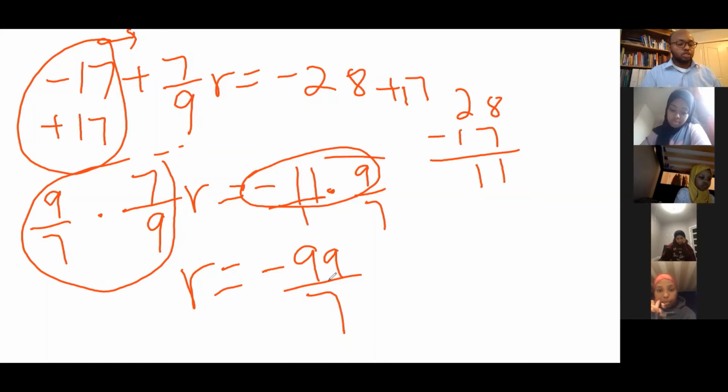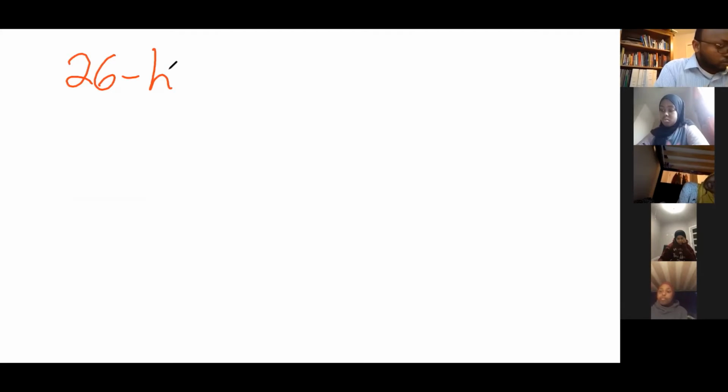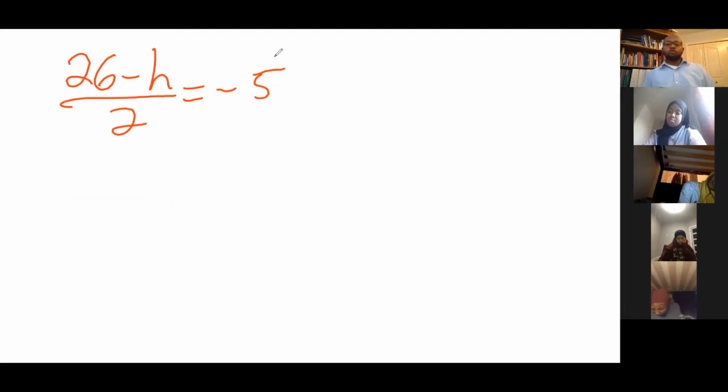You finish it, then I will jump into the next question, which is number 2. Question number 2 is 26 minus h over 2 is equal to -5. So what I'm gonna do, I have a fraction which is 2. The 2 I have to eliminate. That is the first. When we have a fraction, the denominator has to